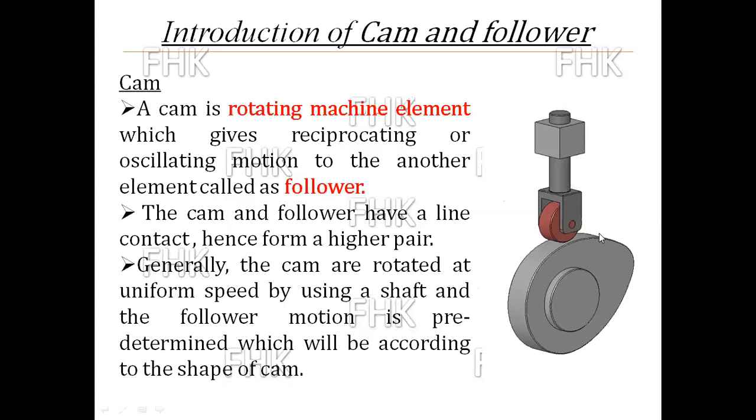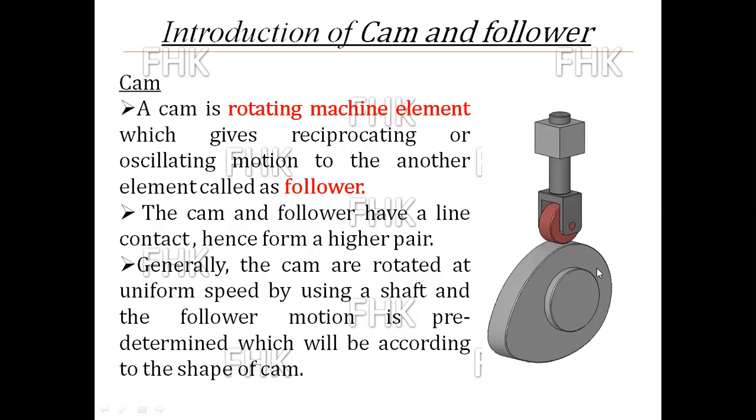As you are looking at the image of the cam and follower assembly, the cam is a rotating member which is mounted on the shaft as it is getting the motion from a motor. So when the motor shaft rotates, the cam will also rotate. That rotating element gives motion to another member due to the special geometry of the cam. And due to that geometry, as you can see, the rotary motion of the cam is given to another mechanical element which is in continuous contact with the cam surface.